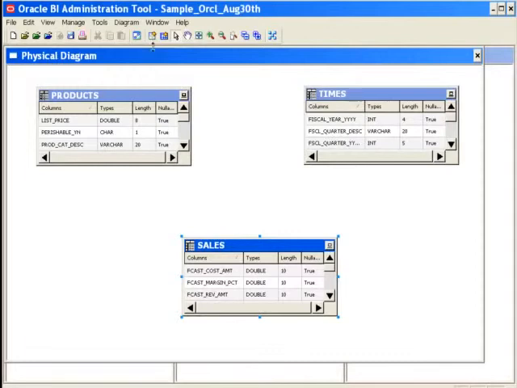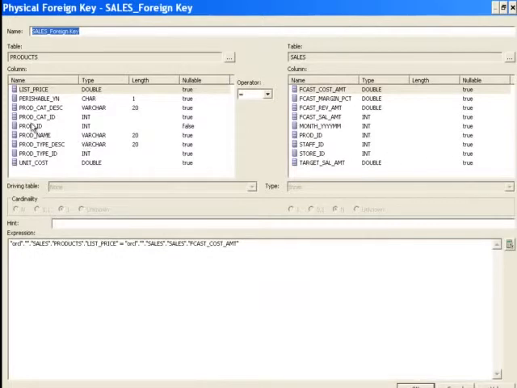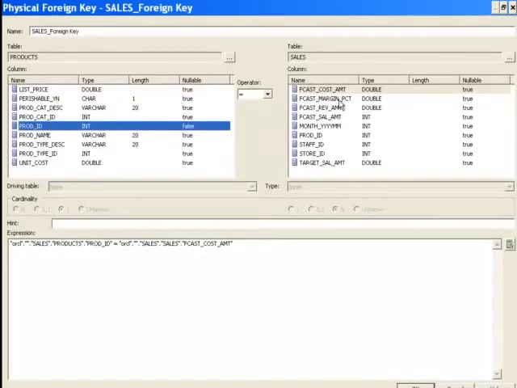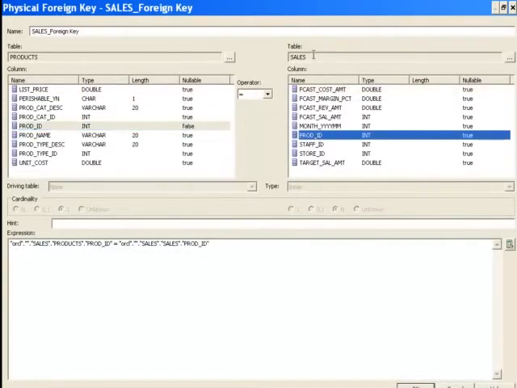So here, identify the New Join over here. Click on the sales table, drag and drop it onto the products table and release the mouse. Now you can see product ID over here joining with product ID of the sales table. So your product ID of products is joining with product ID of sales, which is a primary key and foreign key relationship.